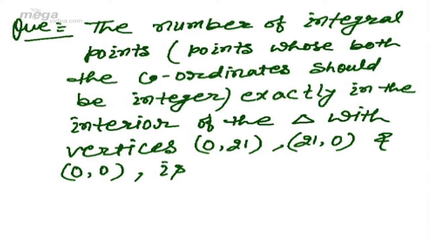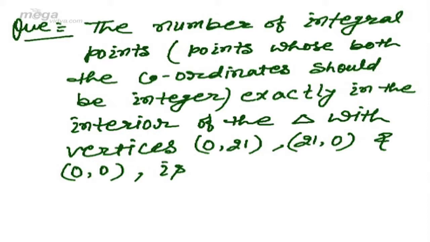So student, this time the question is the number of integral points. Integral points means the points whose coordinates should be integers, both x and y coordinates. So the number of integral points exactly in the interior of the triangle with vertices (0, 21), (21, 0) and